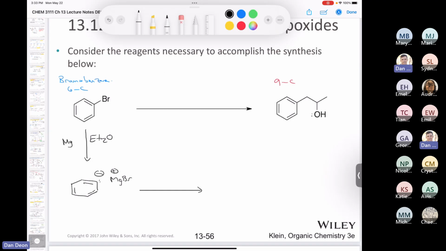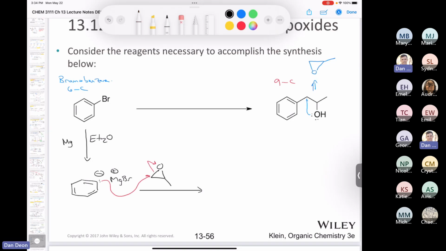Now this is not correct. This is something I do with my students. If you think about this arrow being drawn backwards, right, in a retrosynthesis, that would give you an epoxide that would look like this, right? 2-methyloxirane. So if we treated this compound with 2-methyloxirane,